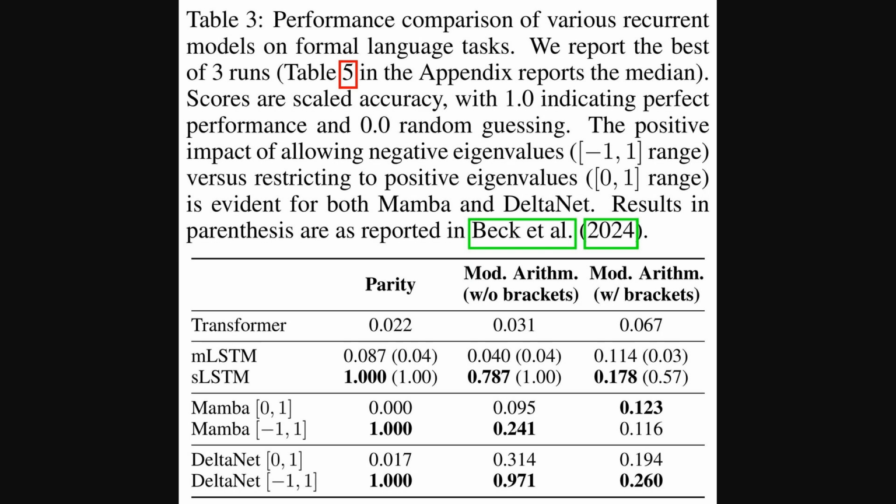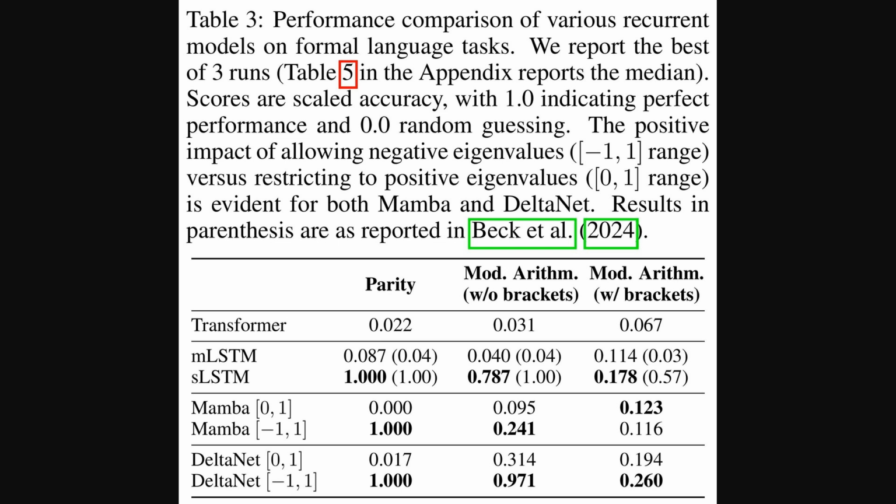Okay, moving to the experimental results. Table 3 really puts this theory to the test. It compares different models on formal language tasks, like parity and modular arithmetic. Look at Mamba and DeltaNet. With the standard [0, 1] eigenvalues, they fail parity, just as predicted. But extending the range to [-1, 1] gets them perfect scores. And on modular arithmetic, especially without brackets, DeltaNet [-1, 1] jumps way up, much more than Mamba, showing that non-diagonal